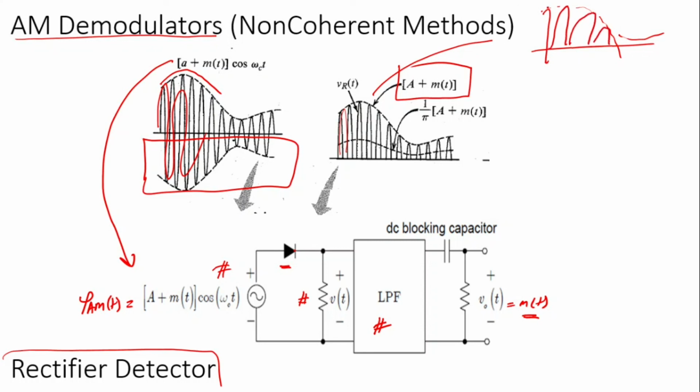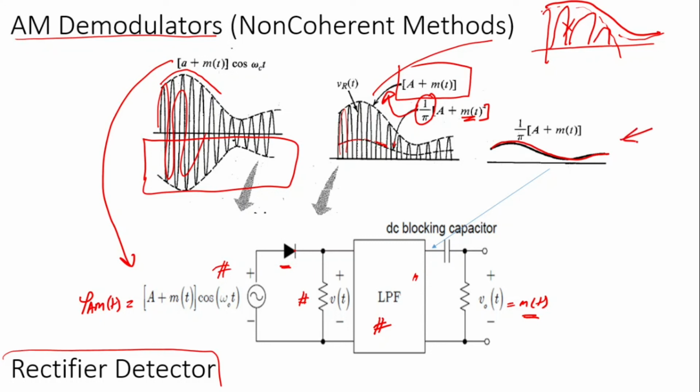So we can extract out the low frequency by means of a low pass filter. So this is something that we have done over here, right? So we have extracted out low frequency and removed the high frequency from the filter. So note that the lower end, this part, is basically linked with the low frequency and hence the message signal, which is overall a scaled version of the envelope. So as we have this waveform